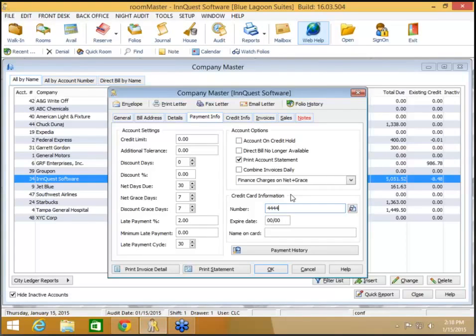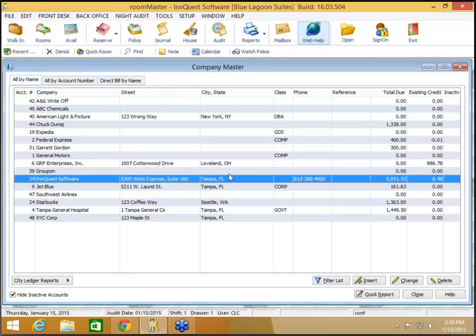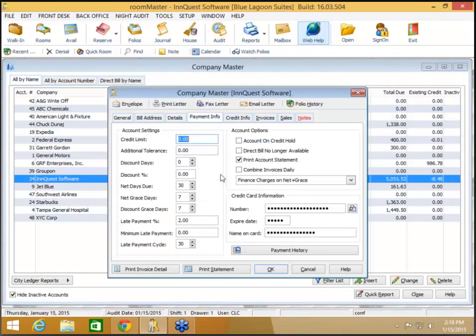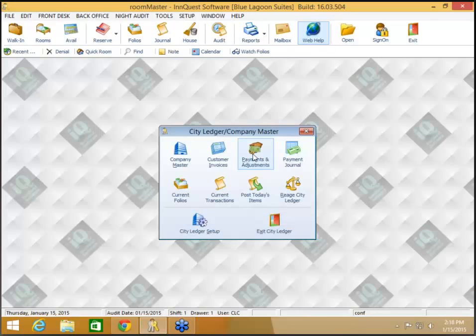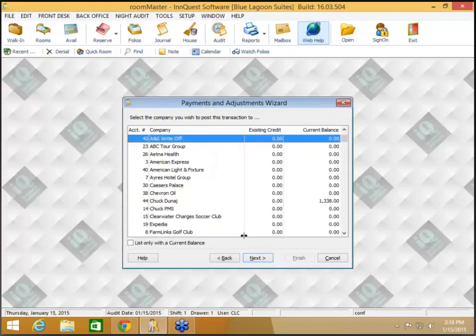So if we go ahead, I'm just going to put in test account here. And I say, okay, I have tokenization turned on, so it's going to tokenize the card. So notice that's stored, and it uses this, it's a credit card field. So whether you're using encryption or whether you're using tokenization, it handles it the same way. But it stores that credit card, and so if we go now, and let's say we're going to make a payment to Inquest,